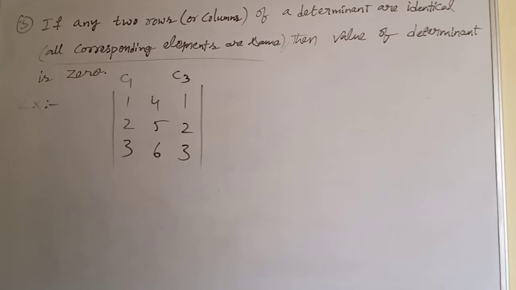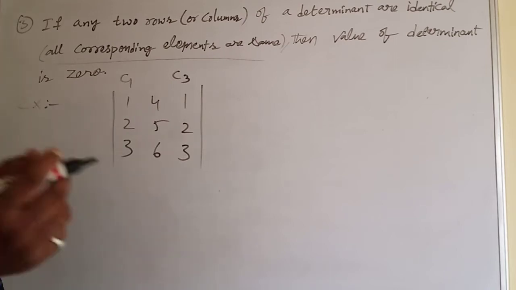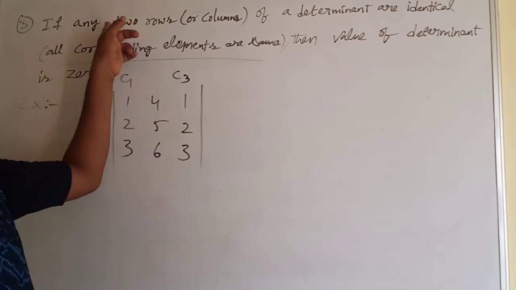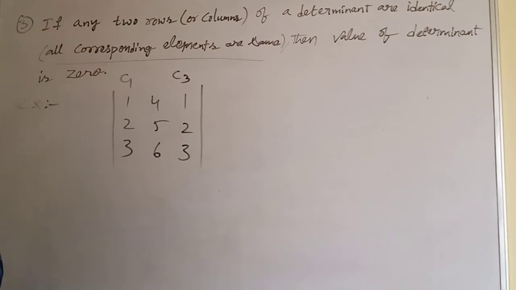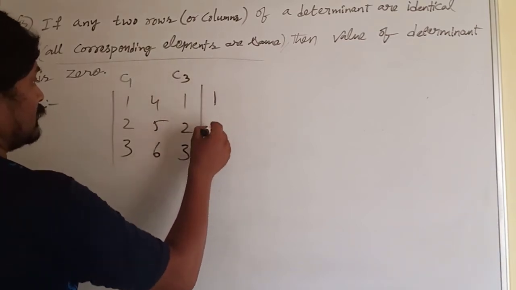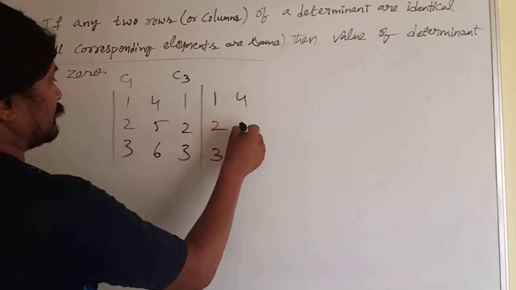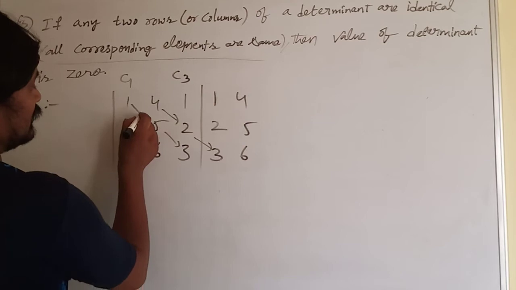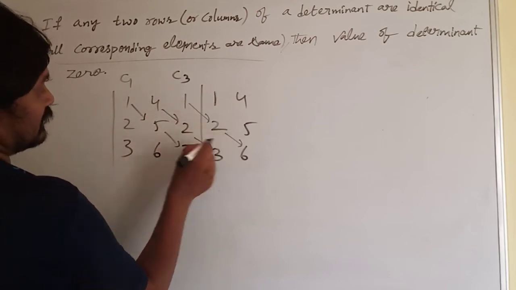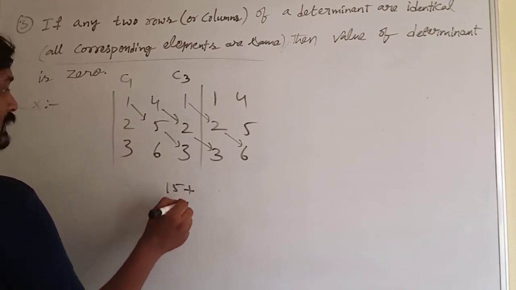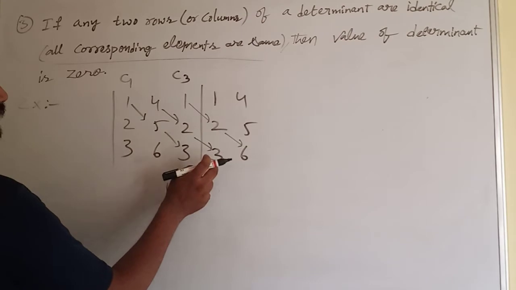Whenever in your problems two rows or columns are identical, we can directly write 0 because of this property of determinants. So let me check how we need to do it. You already know Sarrus' diagram. According to that, we'll do 1, 2, 3, 4, 5, 6, second diagonal, third one. So multiply 1 into 5, 5 3s are 15, plus 4 2s are 8, 8 3s are